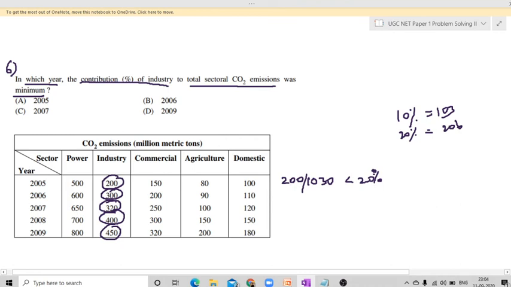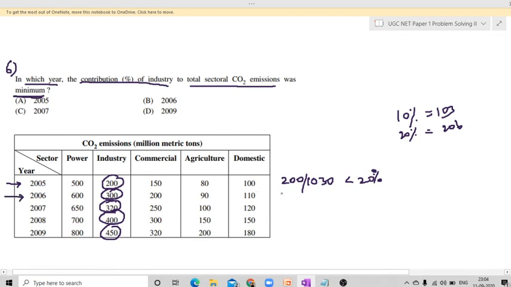As of now, let's just hold it, because let's not try to find the exact value, because we do not need the values. We actually need what is the minimum, right? So that's what we need. So let's go find the minimum, for which let's try to approximate and then get the answer. For the year 2005, we are getting the answer to be less than 20 percentage. Let's come to the year 2006.